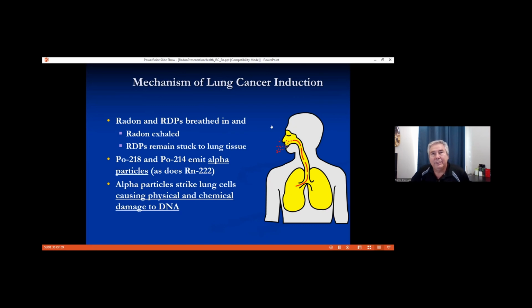So again, in this case here, how it creates havoc in our bodies, how it creates that mutated cancer cell, is this alpha particle, which has hit a living cell, damaged the DNA, the cell survived, and the next time it duplicated itself to replace a dying or missing cell, that's where you get that mutated cell occurring.